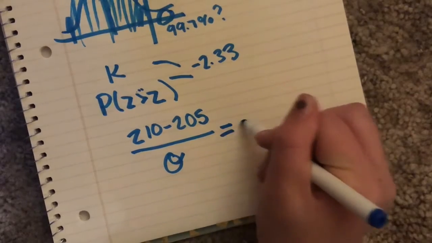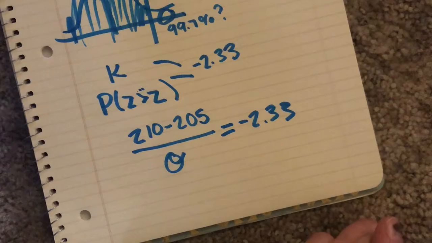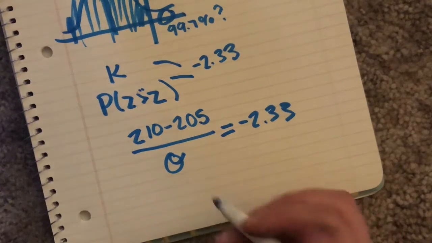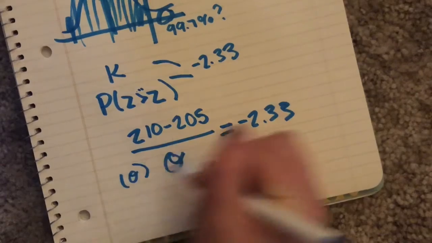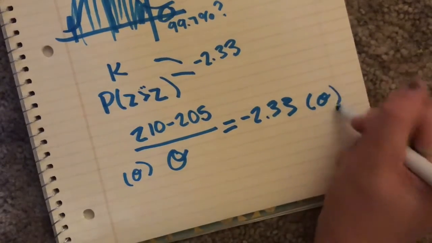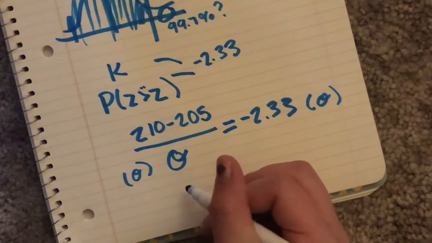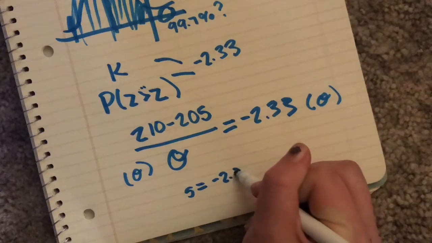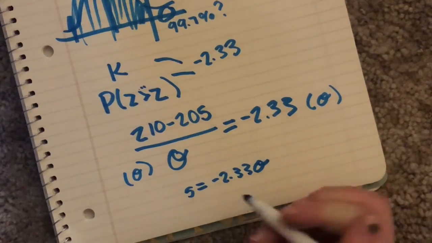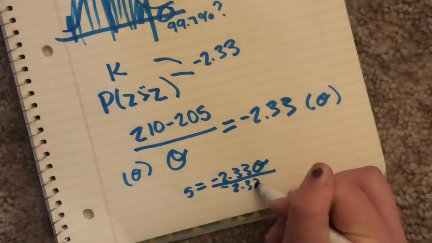It's going to be equal to our negative 2.33. So what was really cool about this is it looks just like a regular algebra equation. So I'm going to multiply our theta on both sides, and this turns into 5 equals negative 2.33 theta, and divide by this negative 2.33 on both sides,